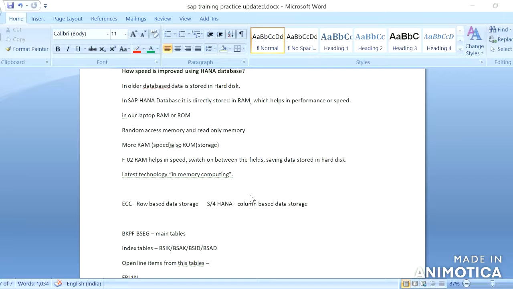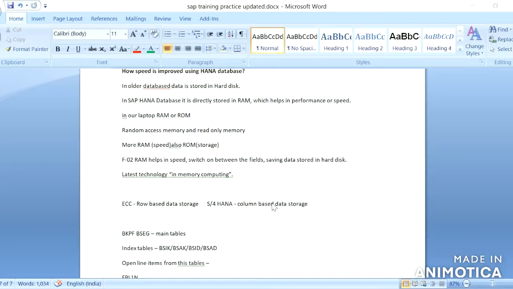In the ECC system, as the data is stored row based, if we want to generate a report, it will check each and every column of the table, which is time consuming. But in S/4HANA, the data is stored column based.